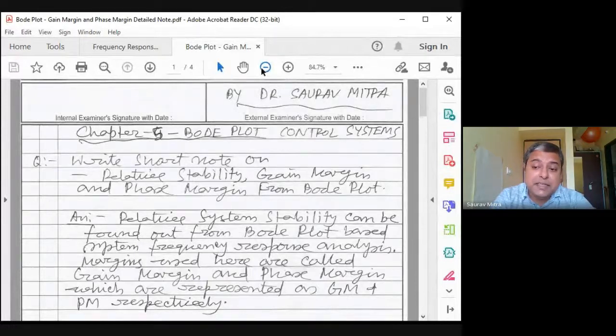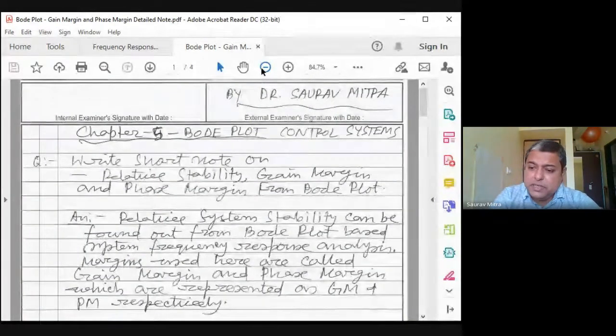So how to convert any ratio into dB form? It is 20 log V output by V input if it is voltage. If it is a ratio of power, because power actually is voltage squared, then the dB calculation is 10 log P output by P input. So all these formulas, write them down and take them. All these things you have done, but you might not have cared much. So from now onwards you have to remember all these things.